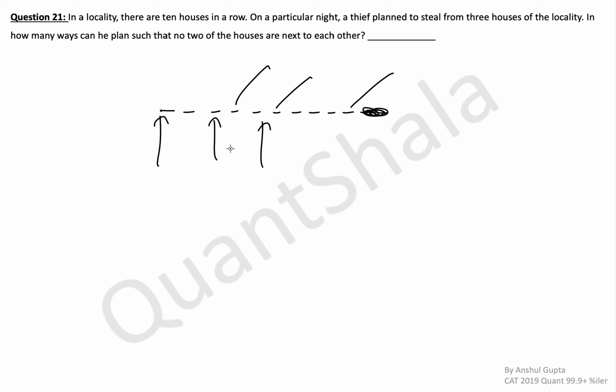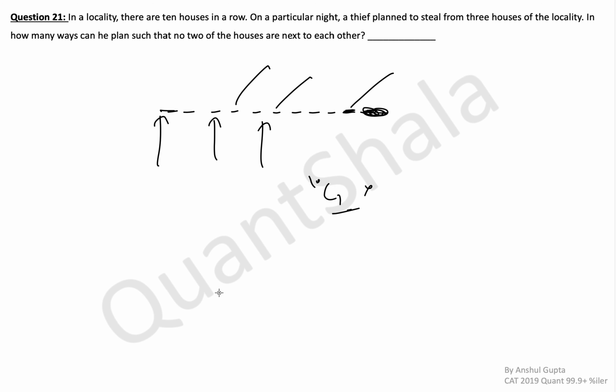Either you can make a lot of cases: first house chosen you have 10 C1 options. For second house now you have to make cases on whether the first house was in the corner or in the middle. Then for third house you'll have to make multiple such cases. So that will explode the problem basically. The problem will become very big.